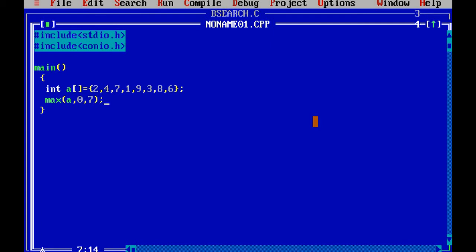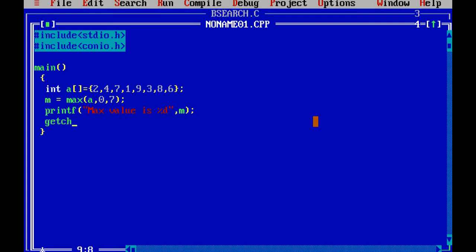This is about finding the maximum one, right? So the maximum one will be returned over here. So m will be max, something like that. And this function, then I will have a printf: Max value is %d, m. It's present in m, right?